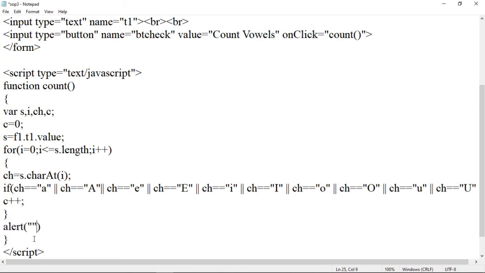So within an alert, let us write down a string. Suppose number of vowels in string are. Here that count is stored in a c variable, so we will use here plus c. Then use the semicolon. Again save the program, Control S, and refresh the page to check the output.